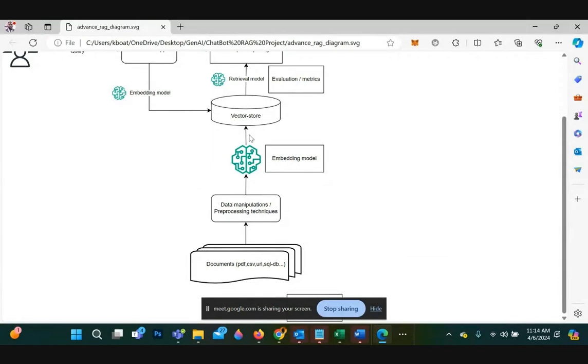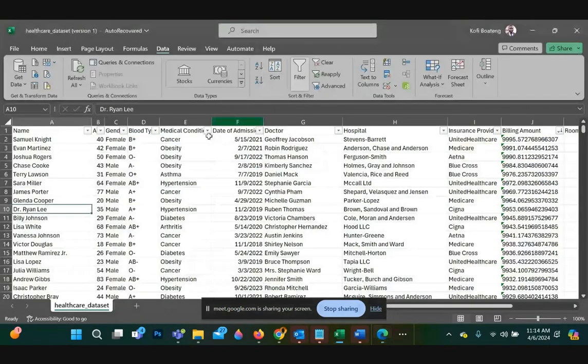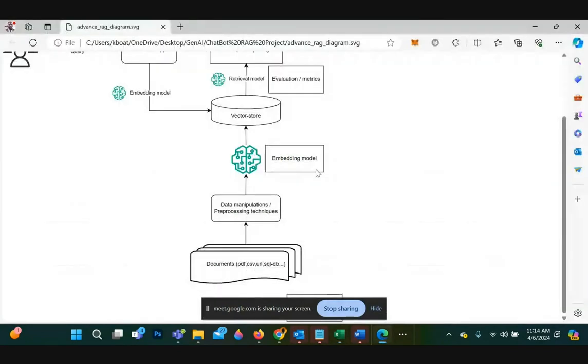So the embedding changes these words here, these names, into numbers, zeros and ones, and that is the vector, the embedding data that is stored in the vector store or vector database.